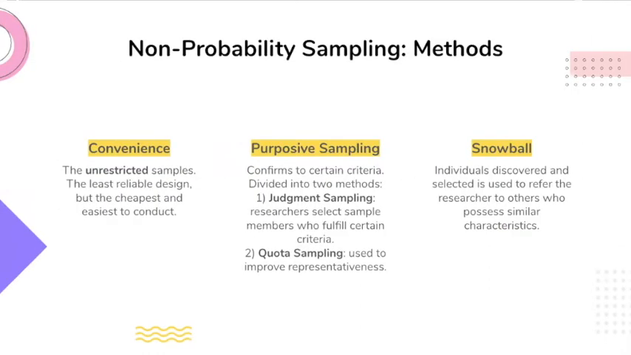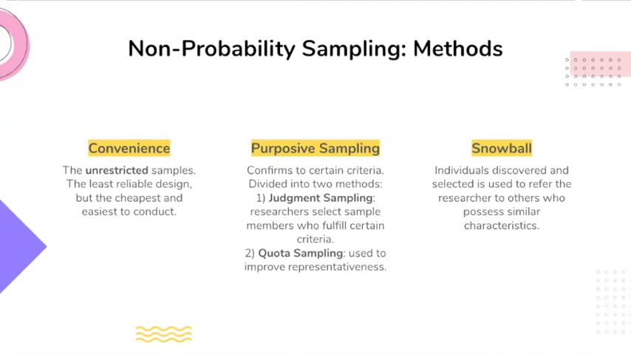Next, we have the methods of non-probability sampling. I believe the Sekaran book only explained purposive sampling. I don't believe they explain convenience and snowball sampling, so I'm going to give a thorough explanation regarding the two. So convenience